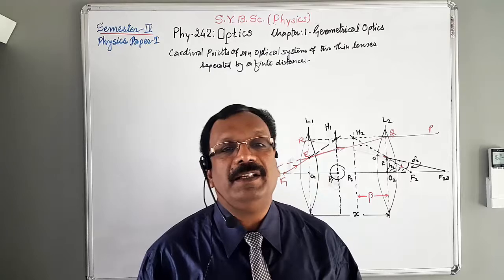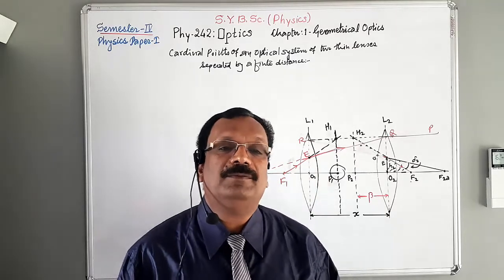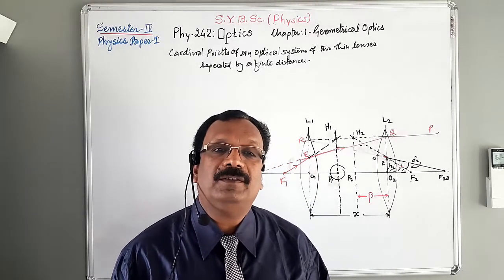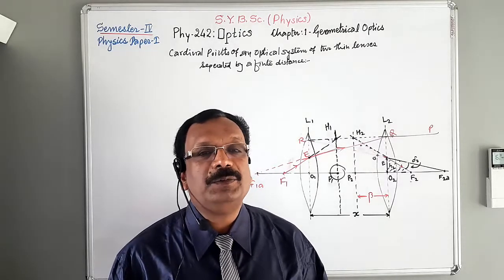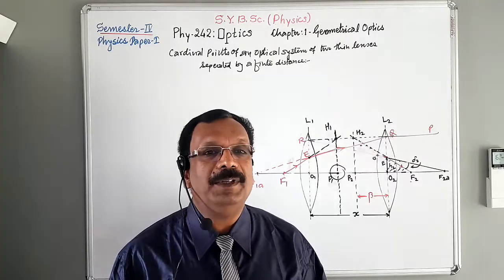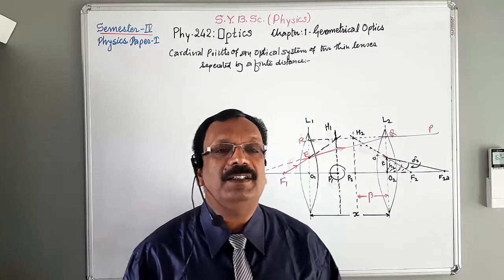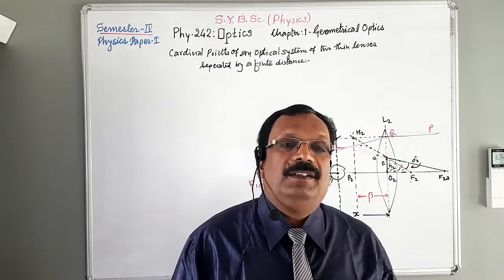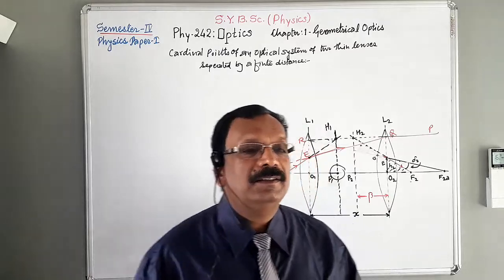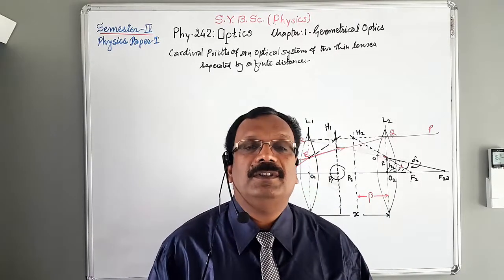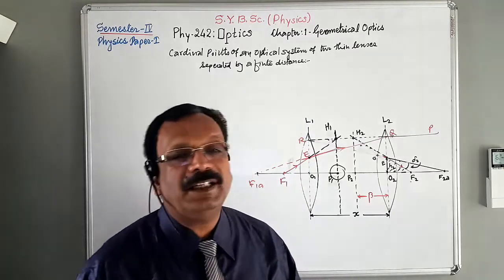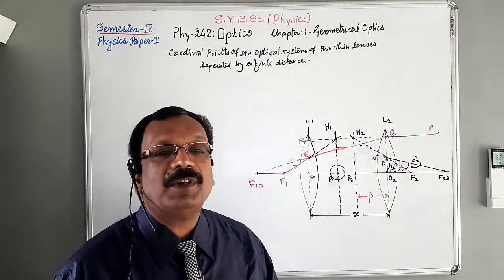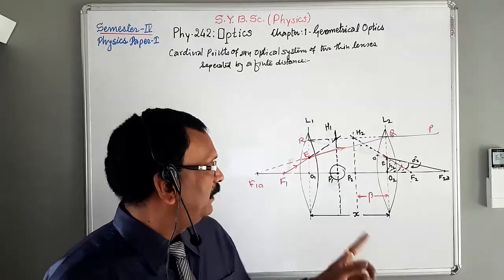But due to some technical problem and lack of time, it was not possible to cover the whole article in that lecture. So now we are going to complete the remaining part of the previous lecture, that is the position of the first principal point P1 with respect to lengths L1 and L2. Again, for that purpose, consider this diagram.